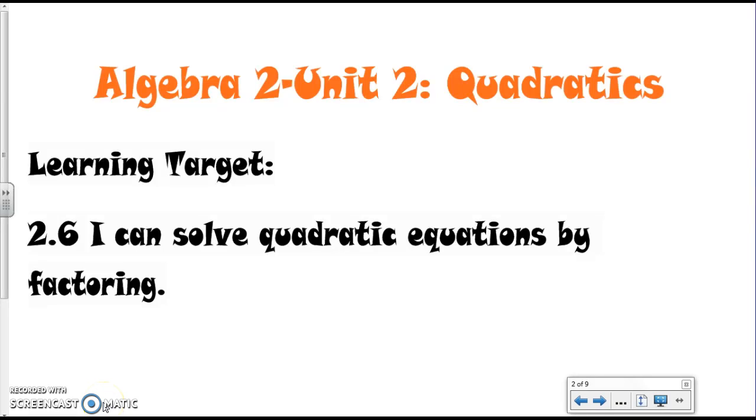Good morning. Today we're going to start learning the first of our 4 methods we can use to solve quadratic equations. All 4 of these methods you learned in Algebra 1. We're going to review them again, but they're also going to include complex numbers or imaginary numbers in their solutions. So we're going to start by solving by factoring, and then tomorrow we're going to move on to solving by